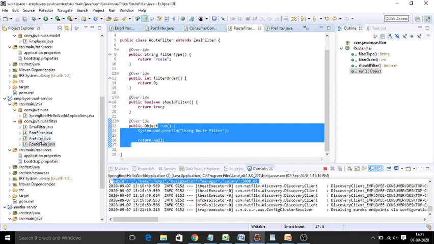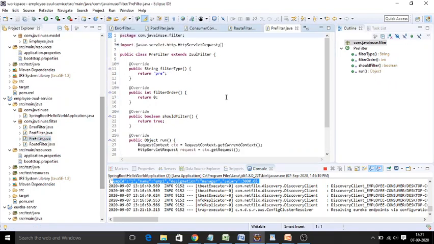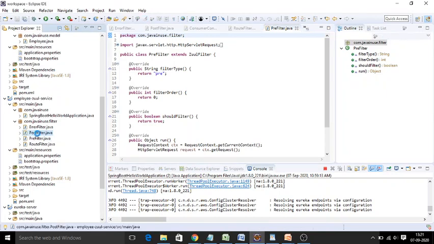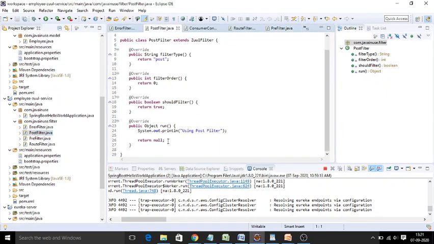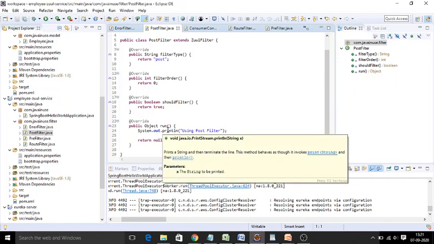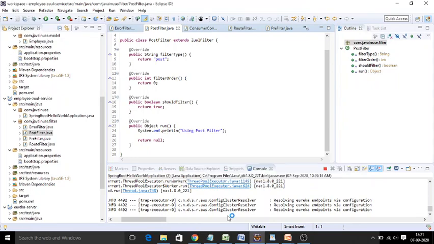Before that, if you wanted to perform any pre-processing logic, you can do it in this. So get the request URL, and before you process the request, do some logic over here. And coming to post-processing logic for your request by the consumer to your microservice, you can do it in the post-processing logic here.